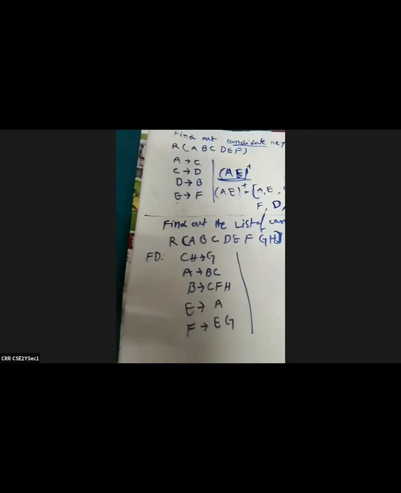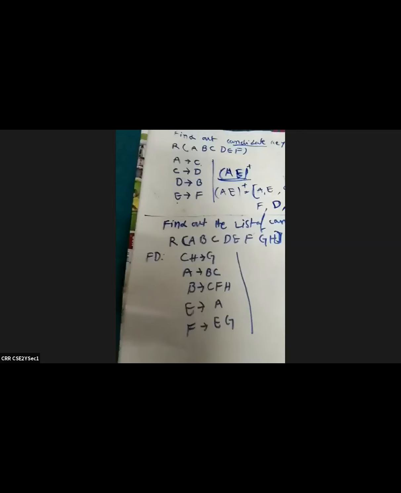I think we are already completing the 14th unit. We are completing the 4th unit, but I'm not interested to start the 5th unit now. Why? Because we should practice some problems on normal forms. For example, consider one relation: which type of normal form is it? How to find out the candidate key? In this type of way, we try to do some more examples. After that, we go to the last unit.